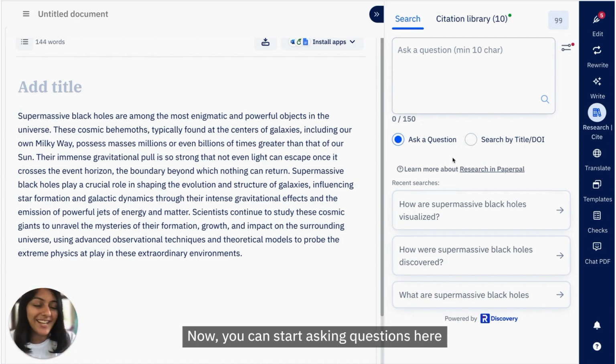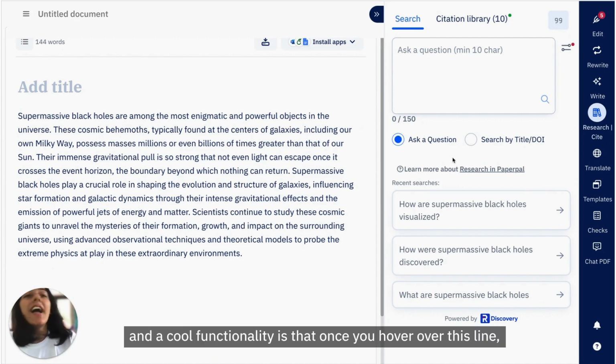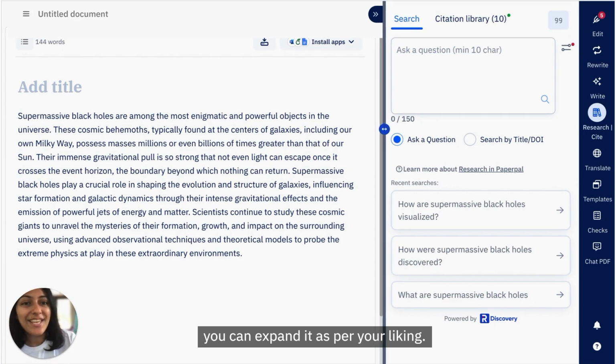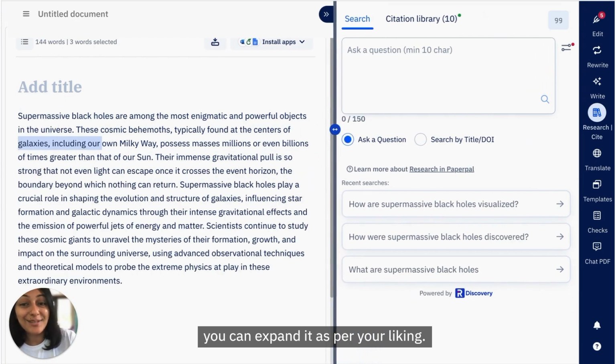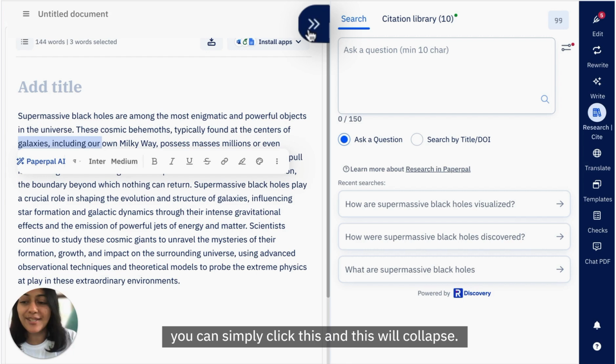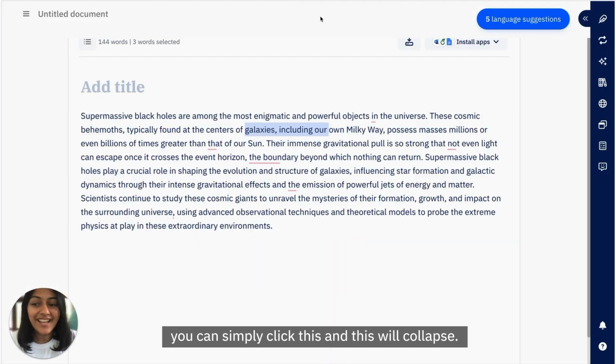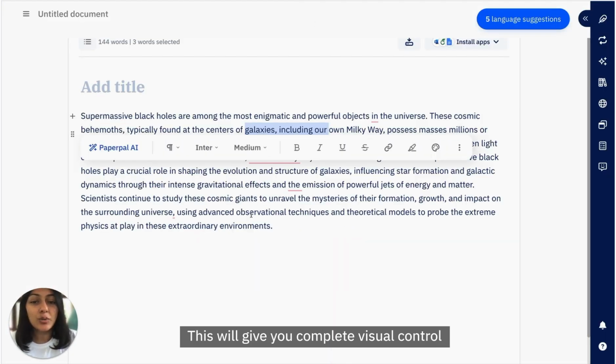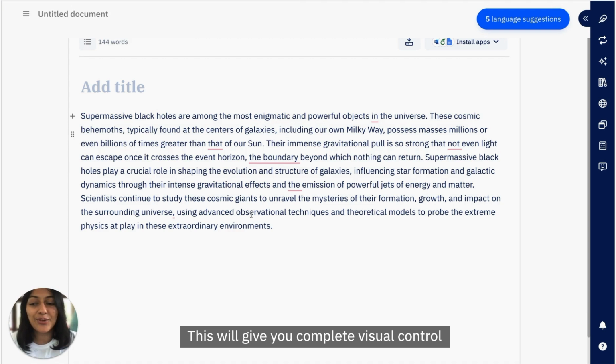Now you can start asking questions here, and a cool functionality is that once you hover over this line, you can expand it as per your liking. How cool, right? If you want to zone back in to your writing, you can simply click this and this will collapse. This will give you complete visual control, and you can switch your focus between the sidebar